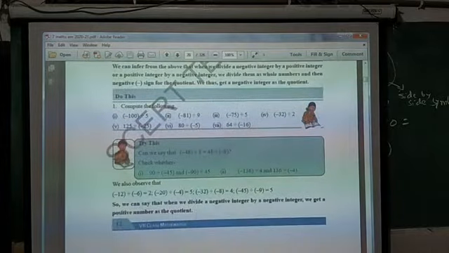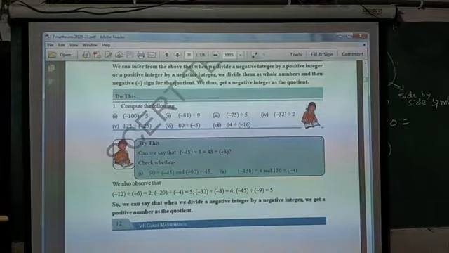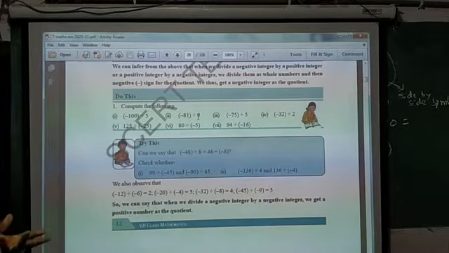And now I have explained to you how to do the divisions. There is some work in the Do This on page number 12. Minus 100 divided by 5. I said to you how to do the divisions. First symbols combination, next division. Minus and plus will become minus. 100 divided by 5, 20. So minus 20. Next, plus and minus combination. Minus 81 divided by 9, 9. So minus 9 is the answer.